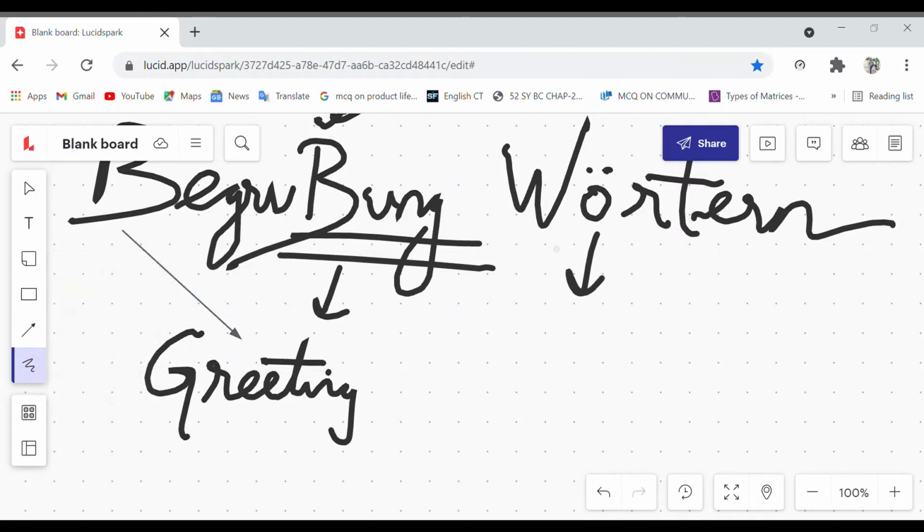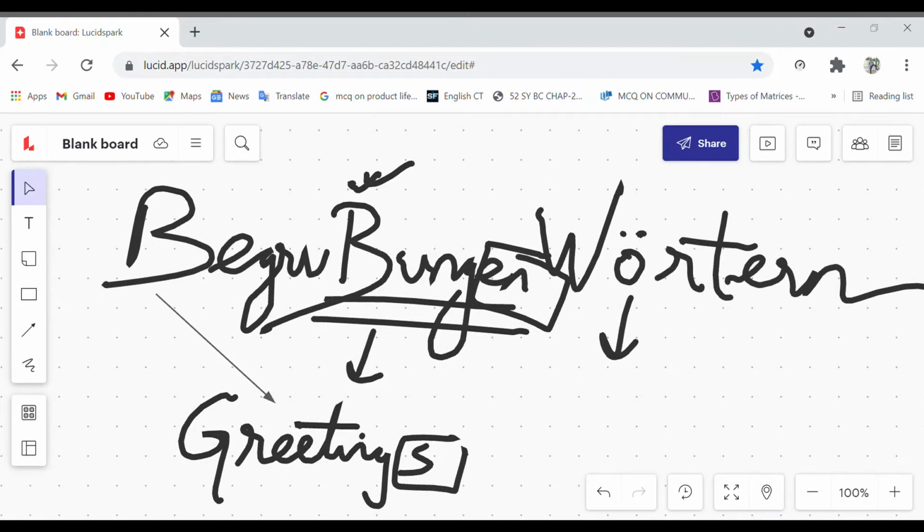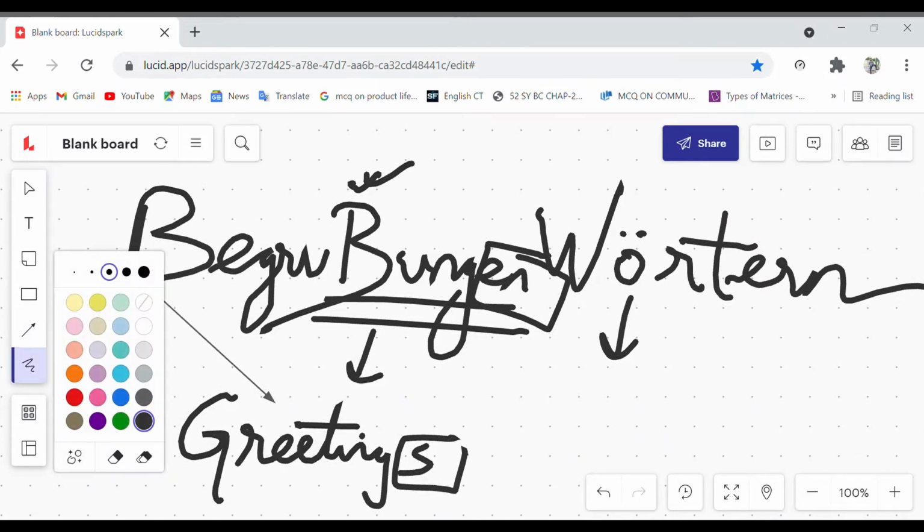And if we add en here, then it will become greetings. Understood? If we add en over here, then it will become greetings. Clear? So now we have successfully completed 2 words of German.